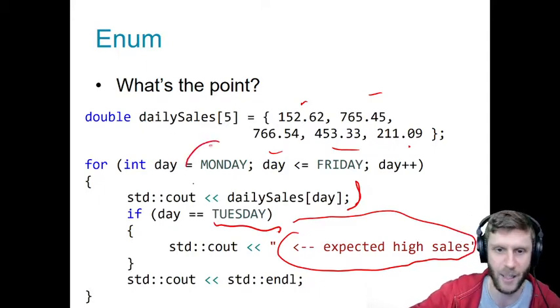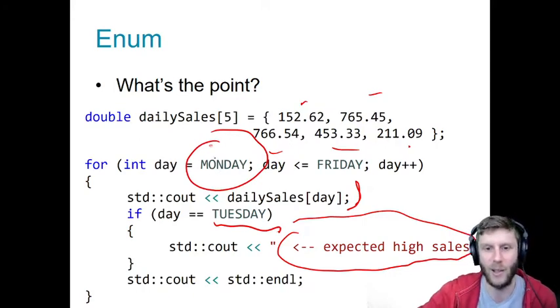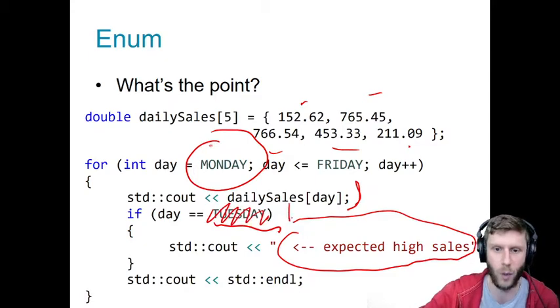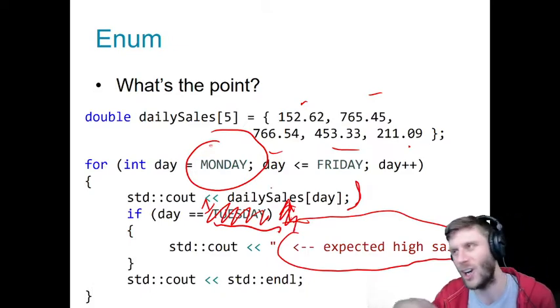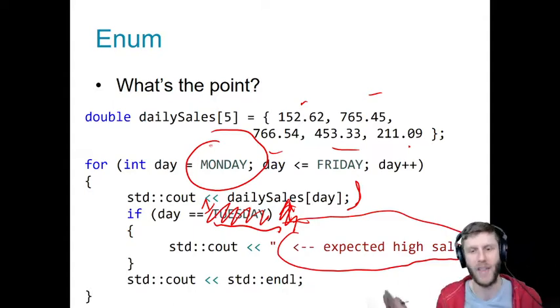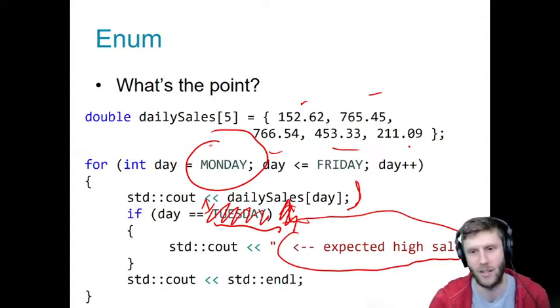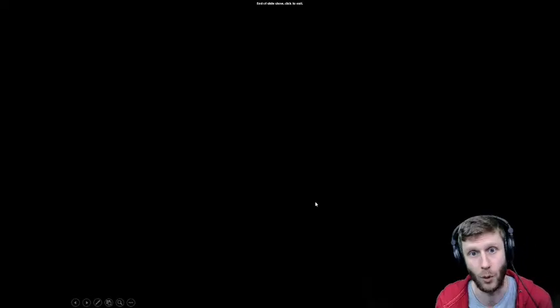Really it's about code readability in this case. I look at this: if day equals Tuesday, oh, perfect. Imagine I said if day equals 1. Sure, if I said day equals 1, we could know what that means, we're the programmer. But now I look at this and there's no thinking involved. Oh, it's Tuesday. Oh, perfect, days of the week. So the code becomes very readable at this point. And that's it.